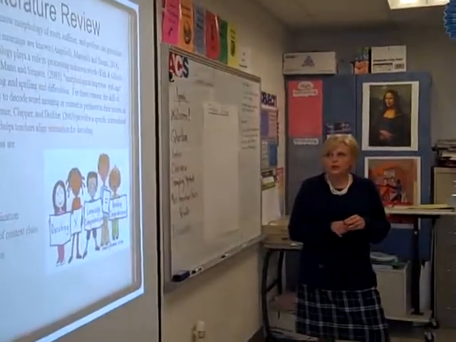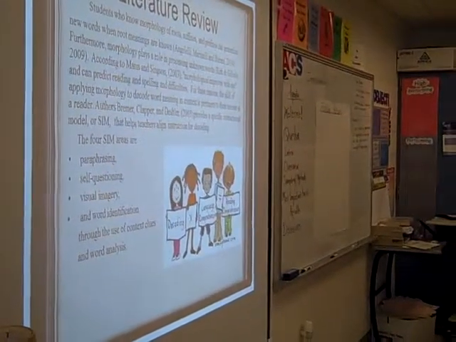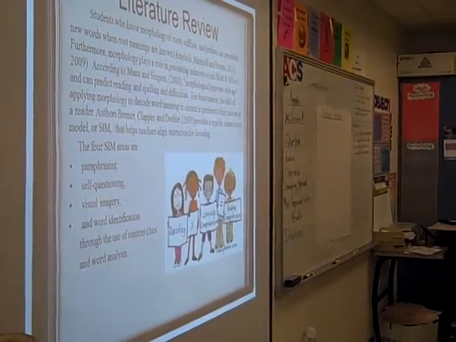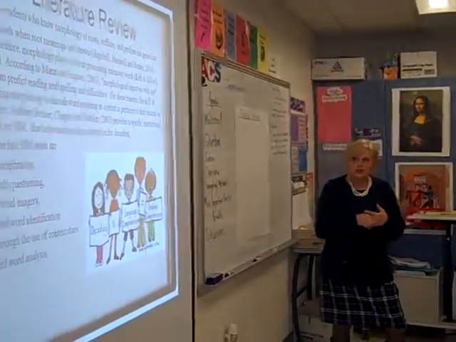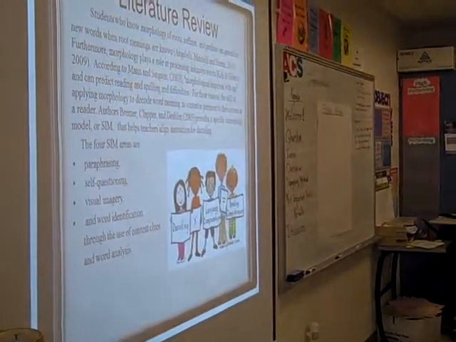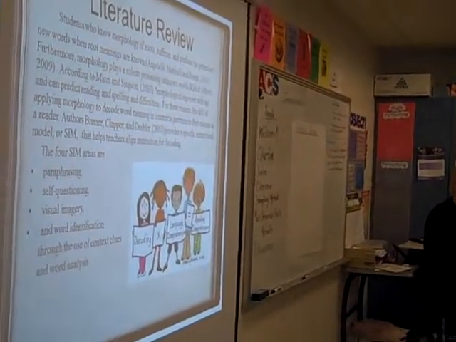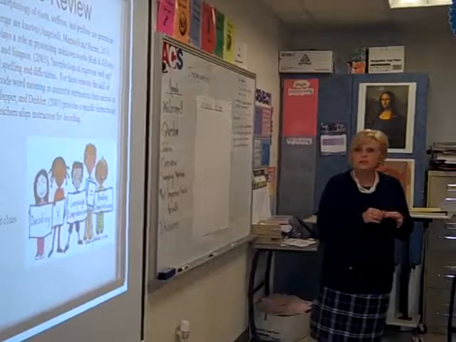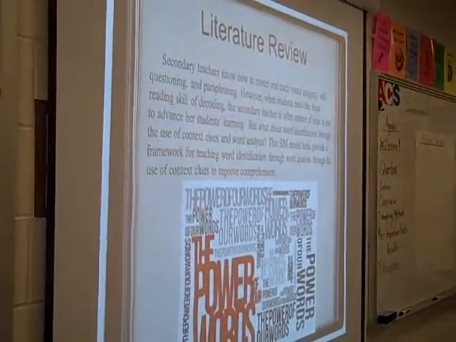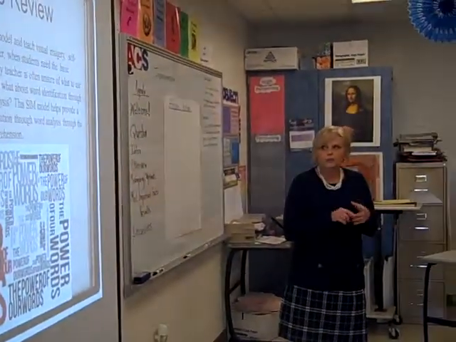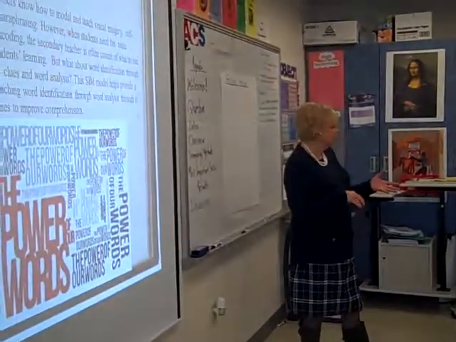The literature review, I'm not going to read all of this, but it says that in order for students to apply decoding, that is one skill they have to have, and there are 4 different things you can do in a specific instructional model for teaching decoding: paraphrasing, self-questioning, visual imagery, and word identification using the context clues. At the secondary level, next page please, I feel like we do a pretty good job of teaching visual imagery, self-questioning, and paraphrasing. But when it comes to the basic reading of decoding, because of the amount of content that we have to cover, we don't always have